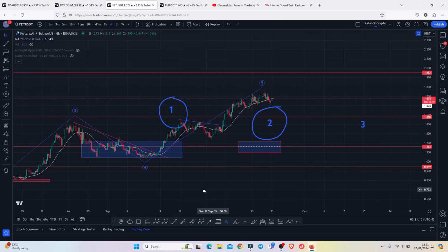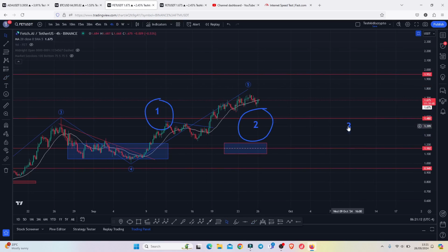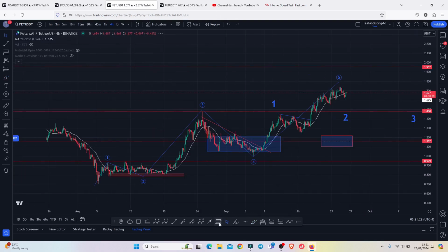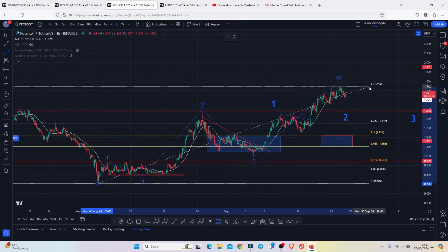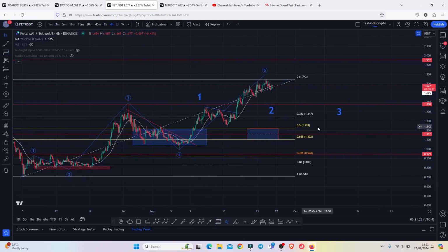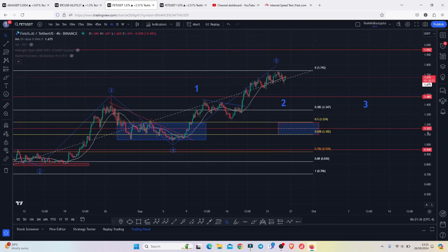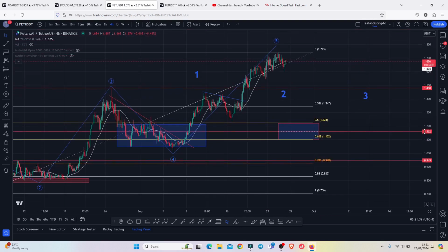And once you have a low in that Elliot wave count 2, then we can expect another bounce to the upside in this Elliot wave count 3. And the minimum target areas for the second wave can be given by pulling the fibs from the lows that we made down there to the high of this Elliot wave count 1, giving me a minimum pullback target area into the golden pocket between the fib level 0.5 and the fib level 0.618,